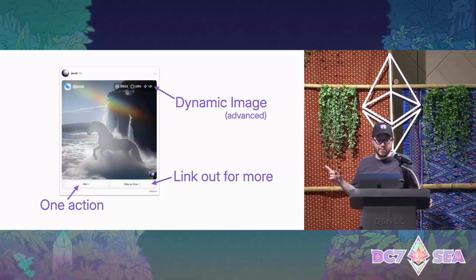So Zora also really makes nice use of the image. They're showing the number of mints and comments dynamically. This can be tricky to get right because of the way frames are cached, but we will respect cache headers, and you can build dynamic frames that regularly update and show things like the number of people who have minted, the number of people who have interacted. I'd describe this as an advanced technique, so practice a bit with frames before you do this, but it's a great technique if you're careful about how to do it.